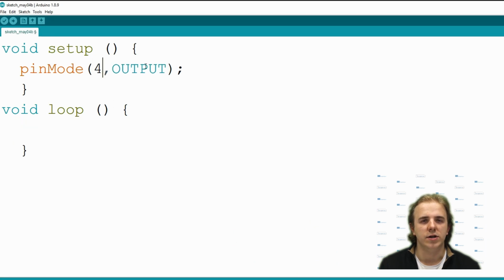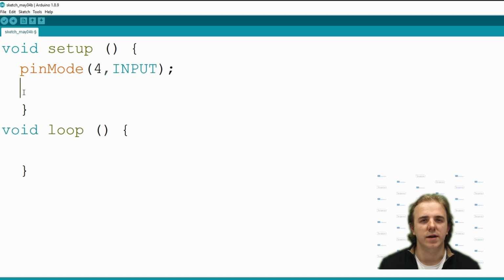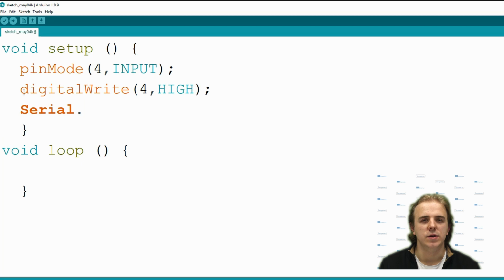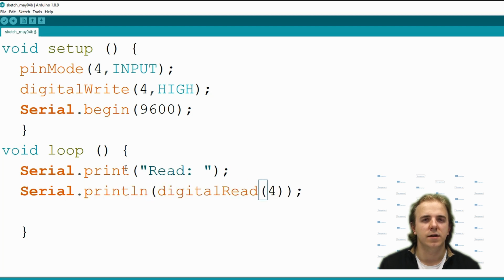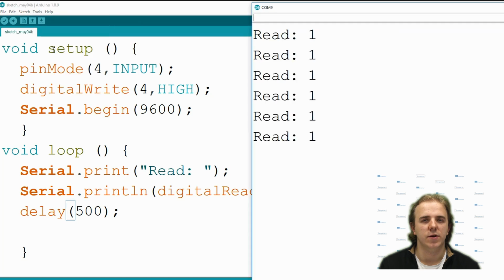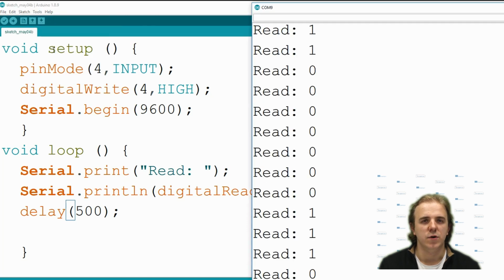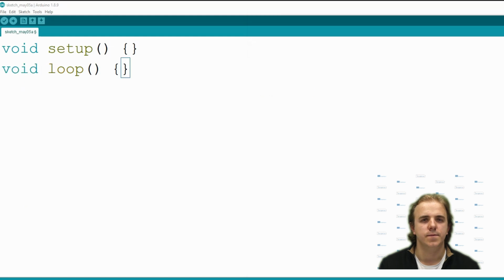Because of microcontroller internal circuit, we need to preset default pin level, otherwise your readings won't be accurate. To set this level, you need to turn on an internal pull-up resistor by writing a digital write function to high. Also enable the serial monitor. In serial monitor, we will print out button value. To read value, write digital read pin number as a parameter and some delay at the end. Upload your code and turn on the serial monitor. It will show 1. If you push the button, it should change to 0.